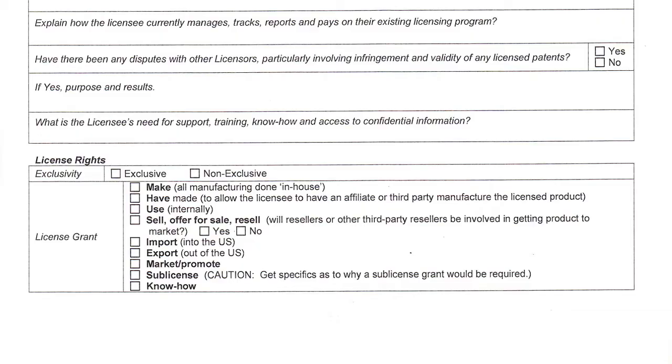But then you're also working through what are the specific components of the product they are going to be responsible for. So if you look at this list on the bottom under license grant, there are what are determined as divisible rights. So are they going to make it? Are they going to have it made? Meaning the differentiation there is, are they the manufacturer? Or are they going to outsource it? Who are they going to outsource it to? Where are they going to outsource it? You want to know those things. You want to control some of those distribution flows. You want to understand where your materials are going, how they're going to be used,